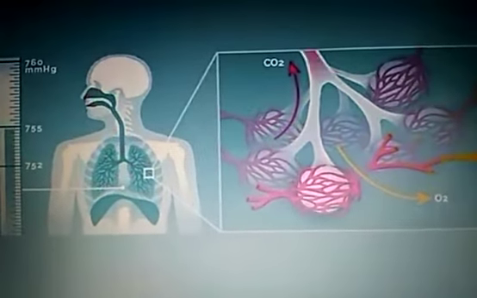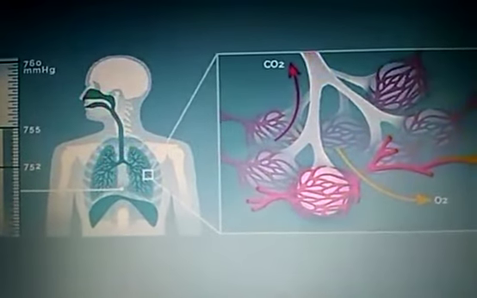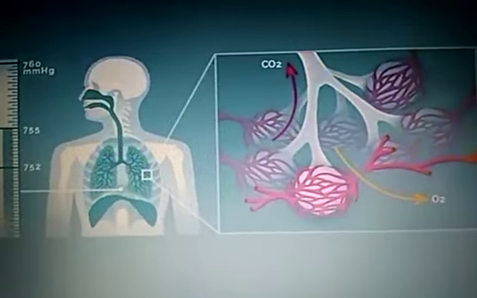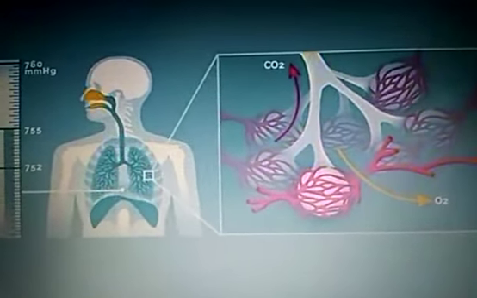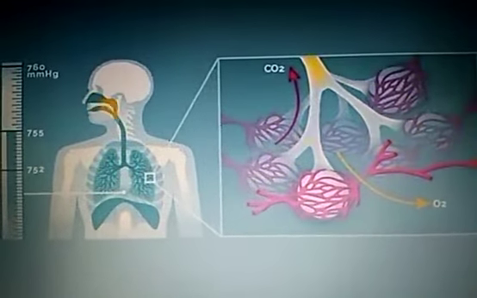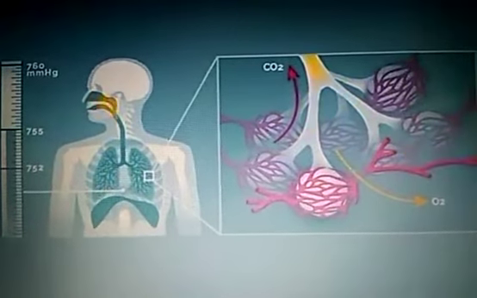The complete process is known as respiration, and it can be divided into two parts: external respiration and internal respiration. In external respiration, we will understand how breathing occurs and how gaseous exchange occurs. And in internal respiration or cellular respiration, we will understand how respiration takes place inside a cell. Okay, so we will study these in our next videos.